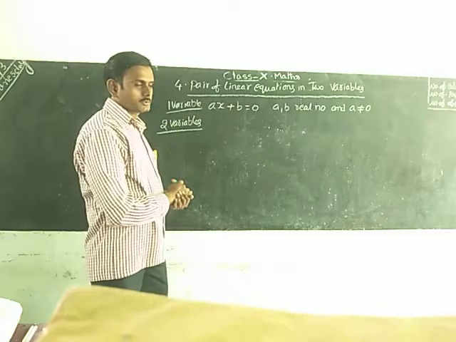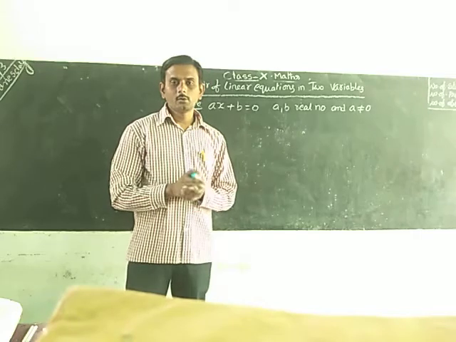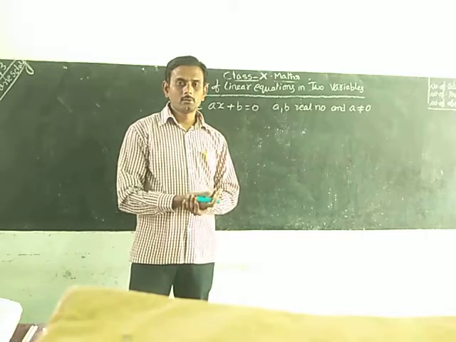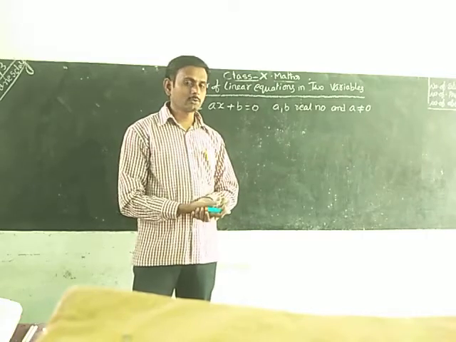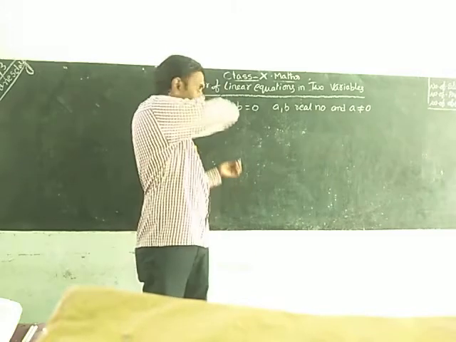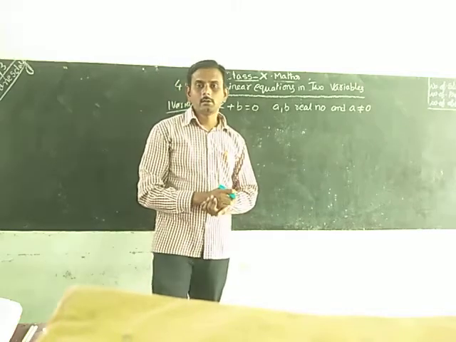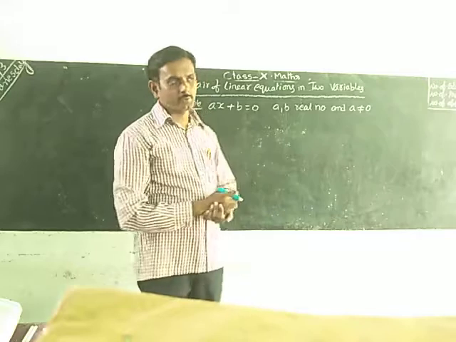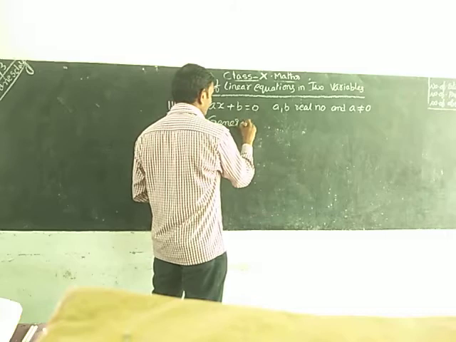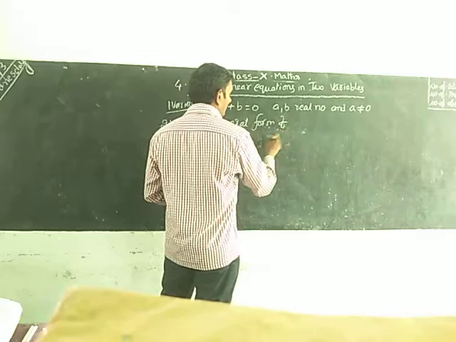Now we can take linear equations with two variables. An equation having two variables is called a linear equation in two variables. Generally, one variable we can write with x, and two variables we can use the letters x, y. The general form of the equation of two variables